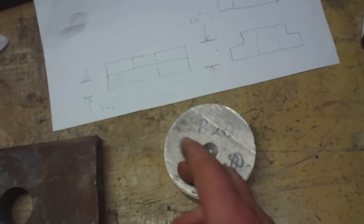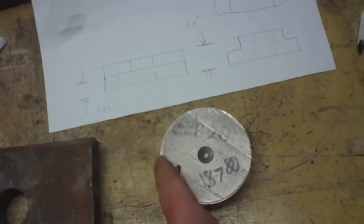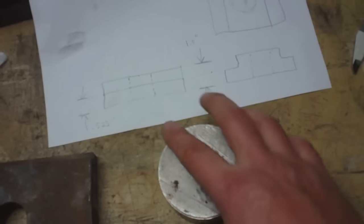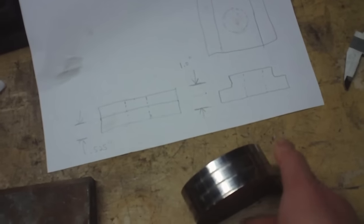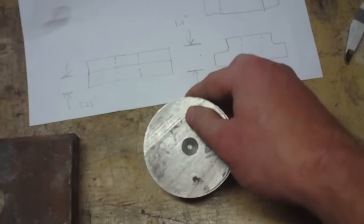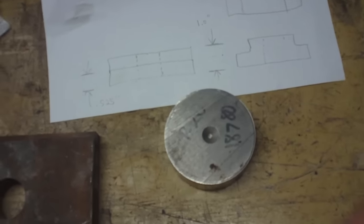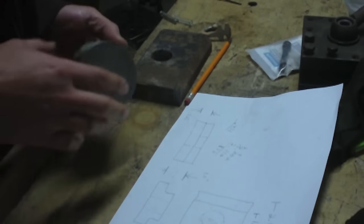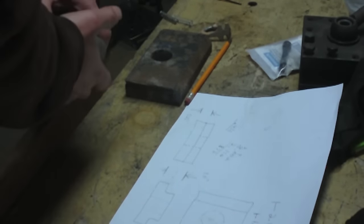So what I'm going to end up doing is facing a flat on one side and then flip it around in the vise and use the flat to make another flat on the other side, parallel. Why wouldn't that work? Alright, so now that I've decided to use this piece of what I now think might be stainless,